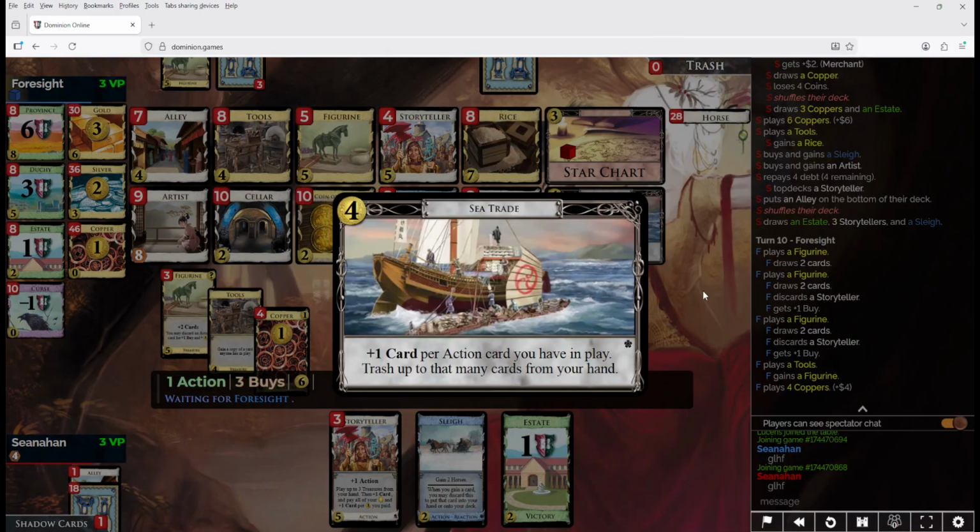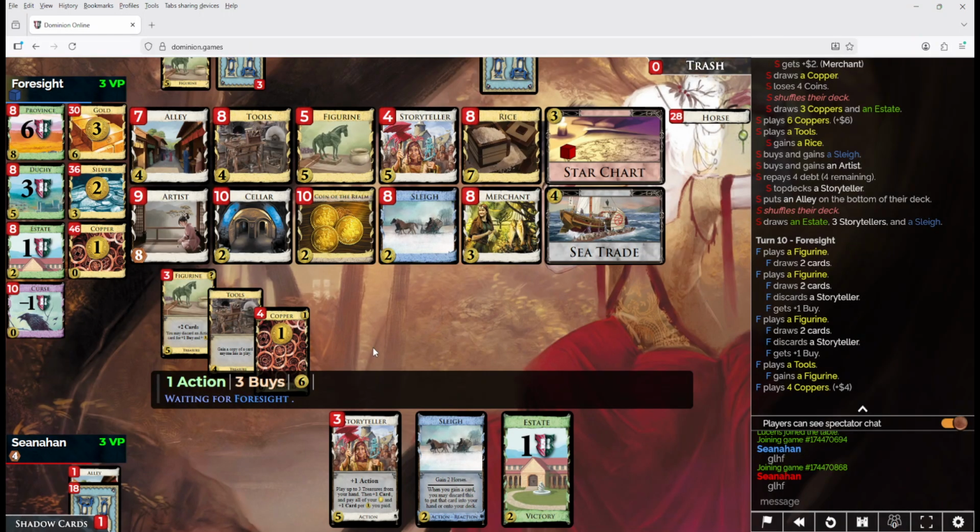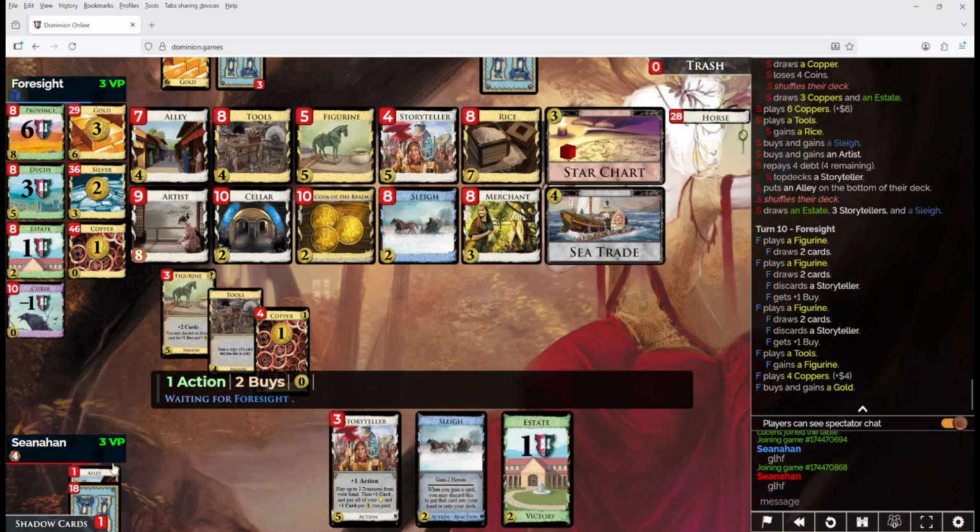Yeah, so it cost me 4 money to trash 3 estates. Is that going to be worth it? It probably is. I do have a bit of debt here. It's probably going to be worth the 4 money to trash 3 estates. I still wanted to take a cellar. And then horse is going to be...